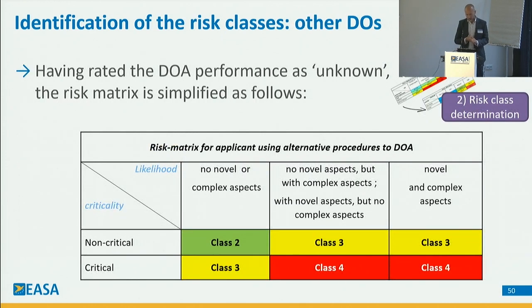So as we mentioned before, in case your organization is an ADOA, so if there is no knowledge on the performance of the organization, then the two matrices may be merged into one, and this would be the resulting one. But you see, you can directly take novelty, complexity, and criticality. So this information directly drives you to the risk classes. In this case, class 1 is not a possible solution to the equation, so it would be from class 2 up to